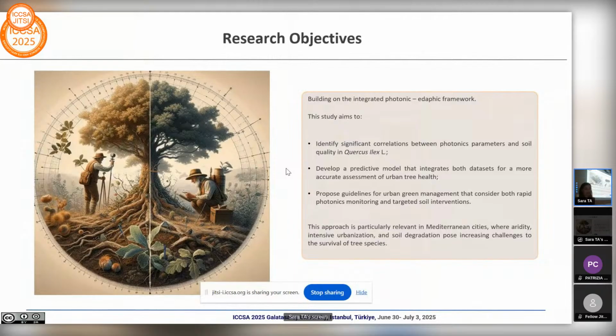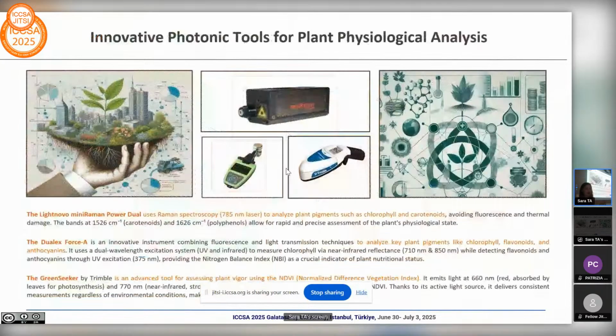So these are the instruments that we selected to conduct our analysis regarding the physiological response in Quercus ilex. We use Raman to analyze the primary metabolism, so chlorophyll and carotenoid, the Dualex to analyze the primary and the secondary metabolism, and finally the GreenSeeker to analyze